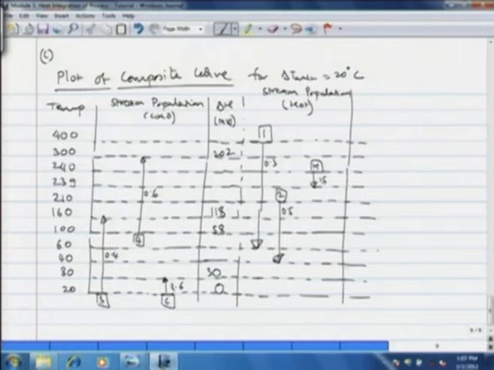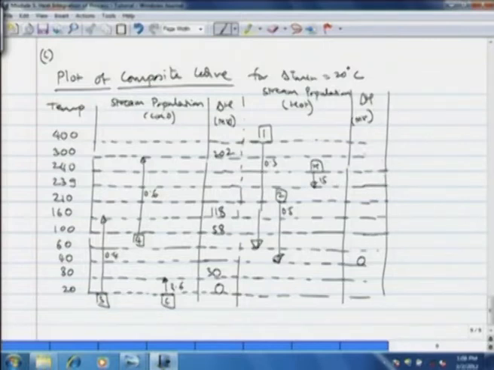Now we have to calculate delta H for the hot composite stream. Here the least temperature is 40 degrees, so we take 40 degrees as a reference temperature and assume 0 enthalpy here, and then again do the same way as we did before, that we check till what temperature range the stream population is remaining constant. So till that point the composite curve will have same slope.